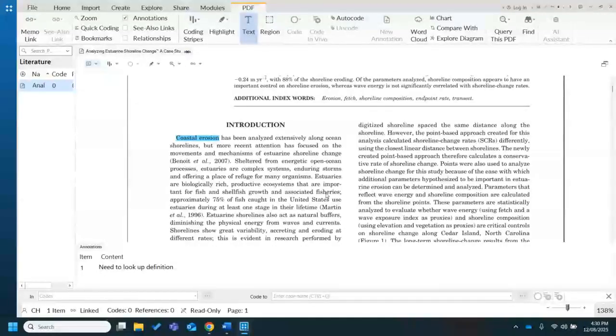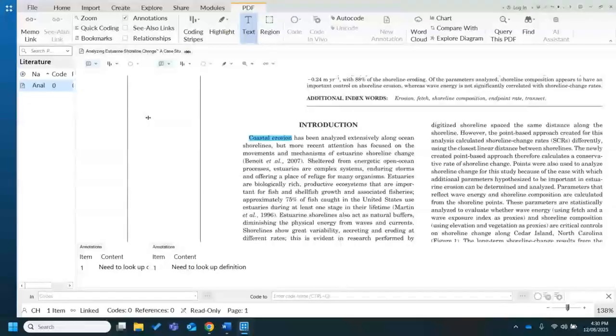Okay, so that's examples of annotations. And then if you want to start making more in-depth notes, then that's when memos would definitely come in handy. So a memo is like a linked document that you can make notes in about the PDF or whatever it is that you're reading. So for example, if I wanted to make a memo for this particular PDF,